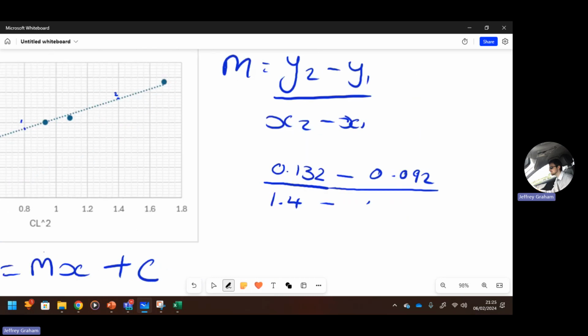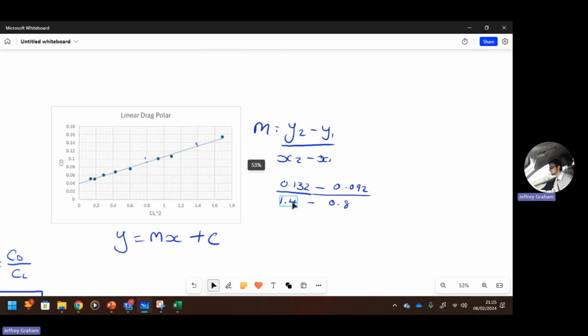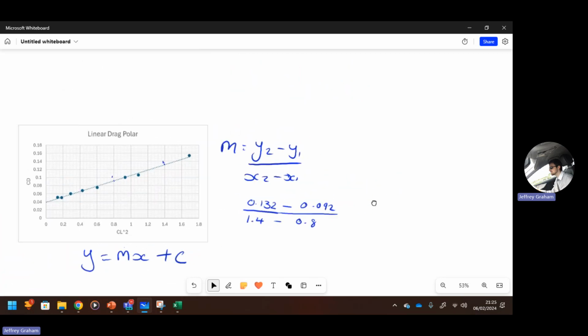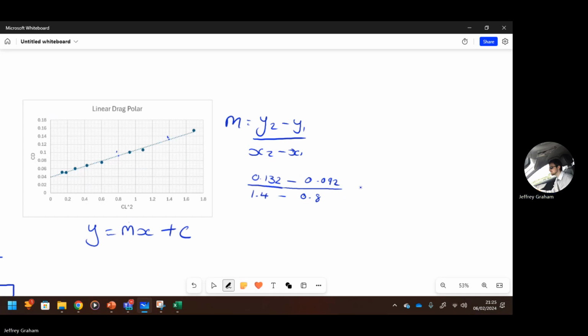So this is very approximate, as I say. It's not very easy to read this graph on a computer. But I'm hoping you get the gist of where this is going. Right, work out the gradients. So in the calculator, that goes